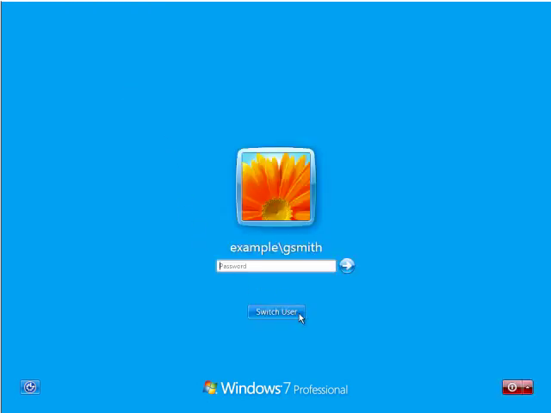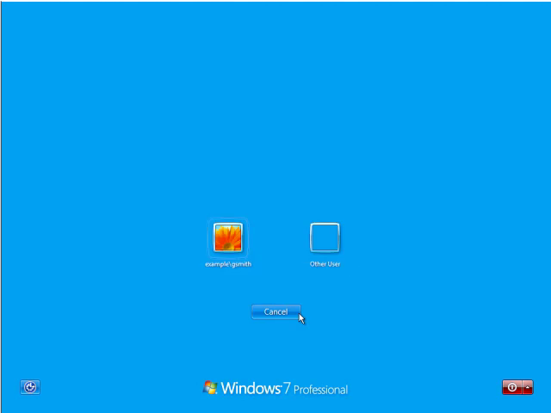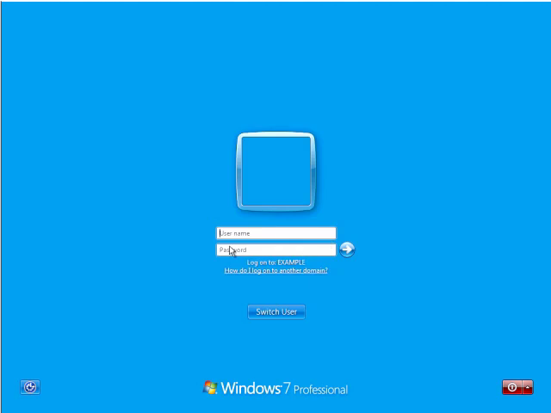We need to switch over to Liz Waldron. So we'll click Switch User, select our Other User option, type in Liz Waldron's login, for example \L Waldron, type in her password, click our arrow to log in,